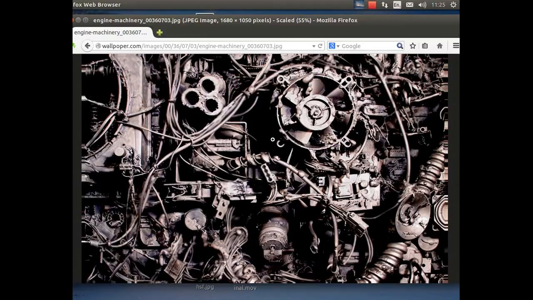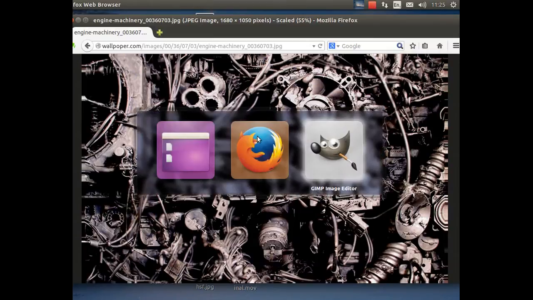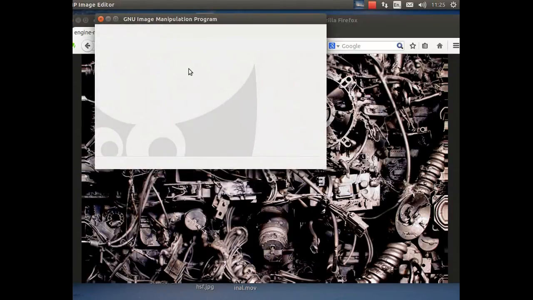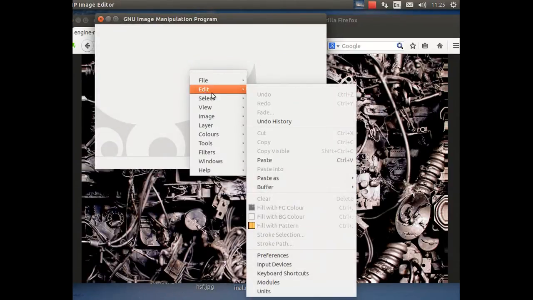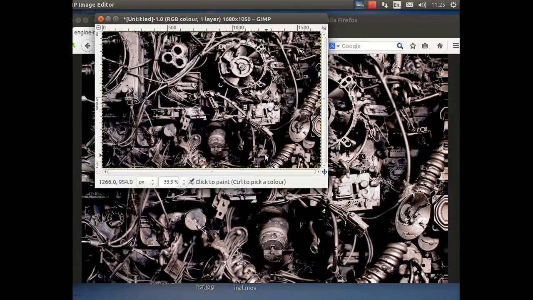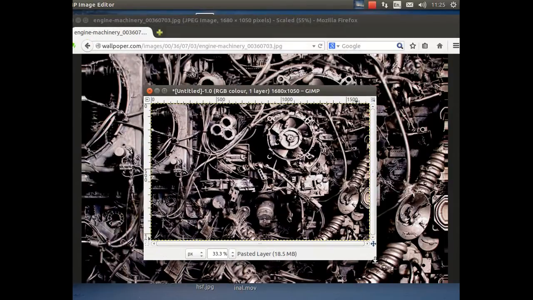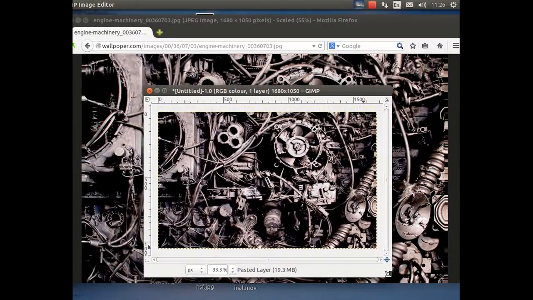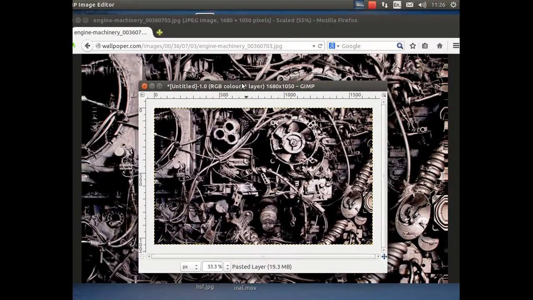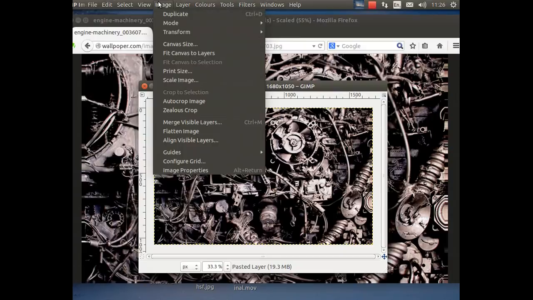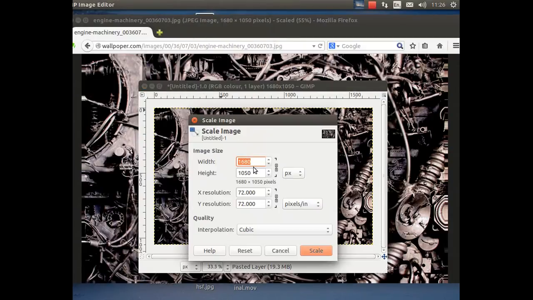because this image at the moment is possibly a little too large. So I'm going to go to GIMP image editor, right click again, paste, and you don't really want a texture on something that's going to be fairly small. This ship is not going to be huge, so you don't really want textures that are much bigger than 1000 in any direction. So all I'm going to do is just resize this. Scale image, make sure that this is clicked, 1000,